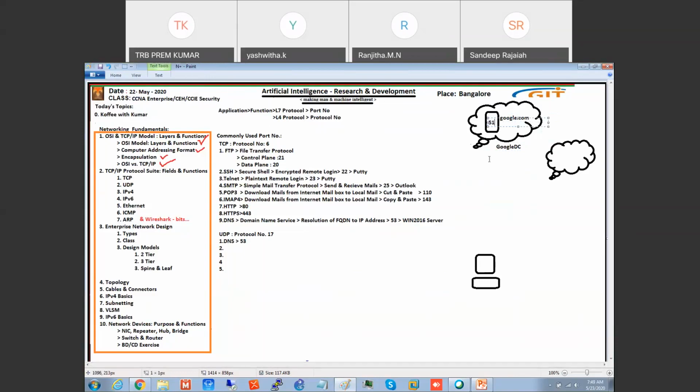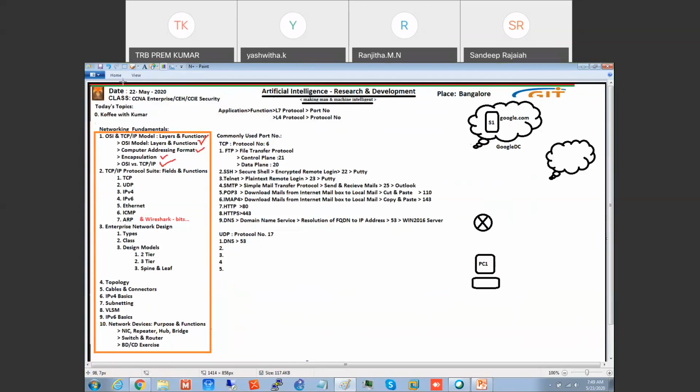Now I'm PC1. So how I will go? I'll connect to my house router. My house router will take me to ISP.